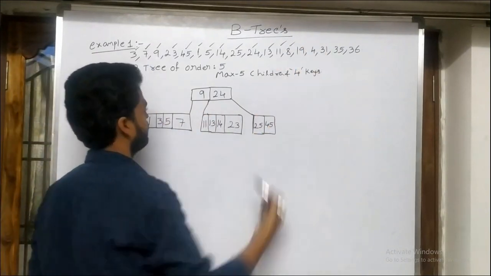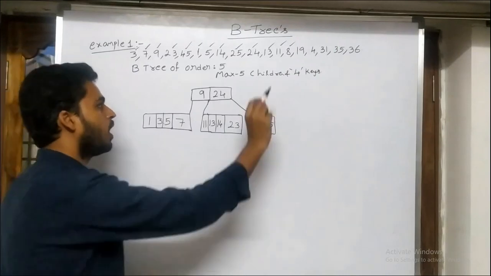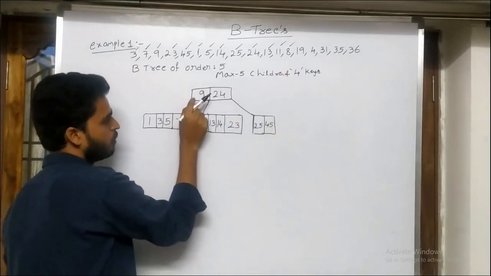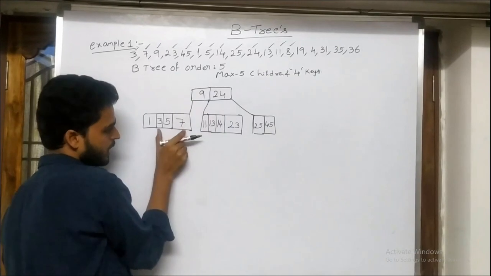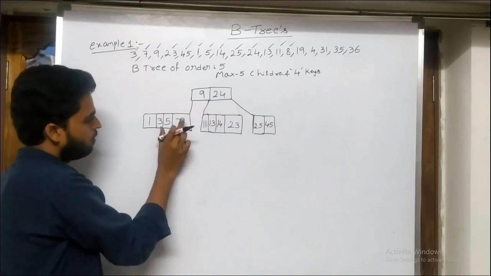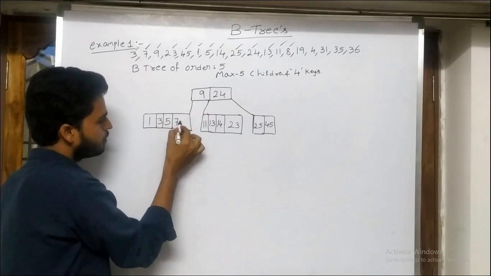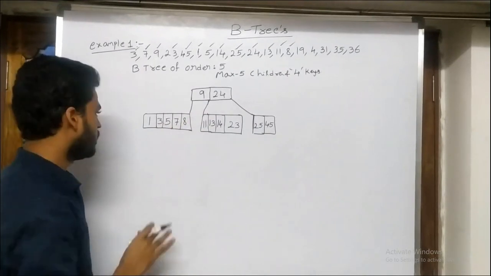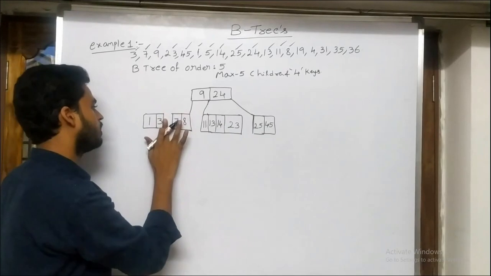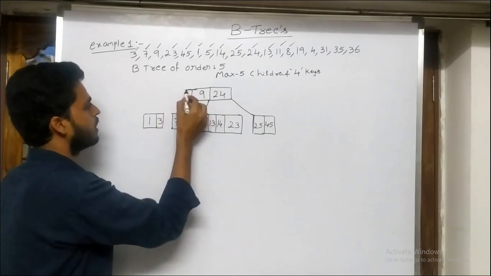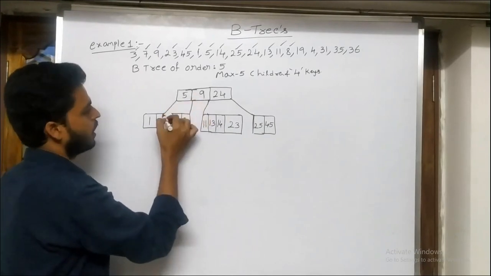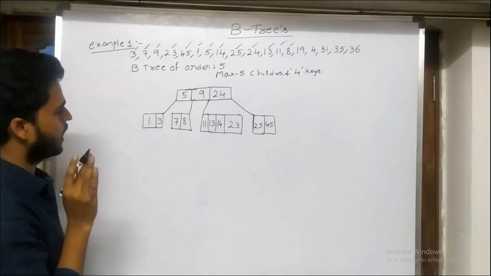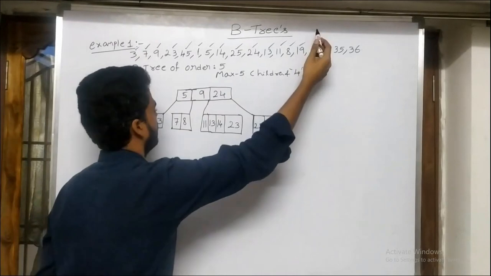Next I got 8. If I got 8 will be inserted at the leaf node, right? So I will reach to the leaf node because 8 less than 9. So I will compulsorily insert at this particular location. If I insert my 8 here, it is violating the property. When it is violating the property, what you need to do? You need to pick up the middle element and you need to make it as a parent. And you need to check again for parent, whether it is violating or not. It is not violating. So we will go for that. Next I will get 19.